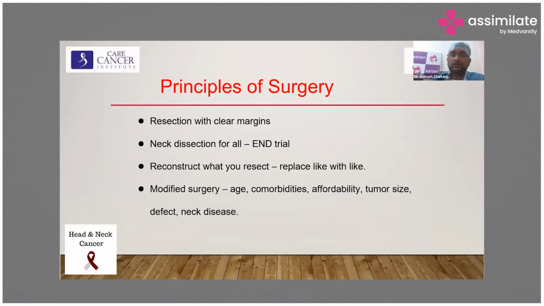So the principles of surgery is resection with clear margins so that the primary tumor is totally treated. Then comes neck dissection. So appropriate neck dissection has to be done for all patients. We have seen even